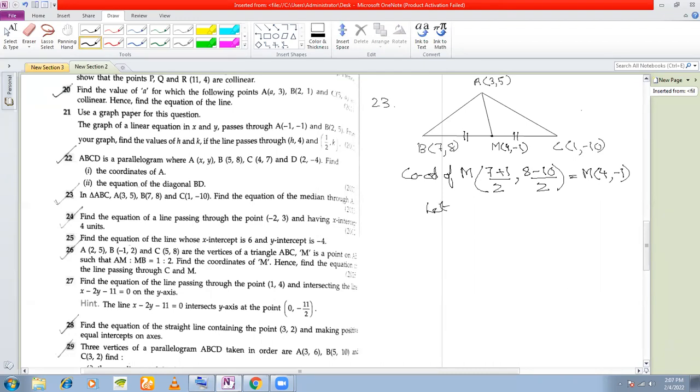Now if you see in this straight line, you know 2 points, right? You know the coordinates of A and you know the coordinates of M. So we are going to apply 2-point form to find out the equation of this median. So if I assume A (x1, y1) be equal to (3, 5), and M (x2, y2) equal to M (4, -1), so hence the required equation of the median AM